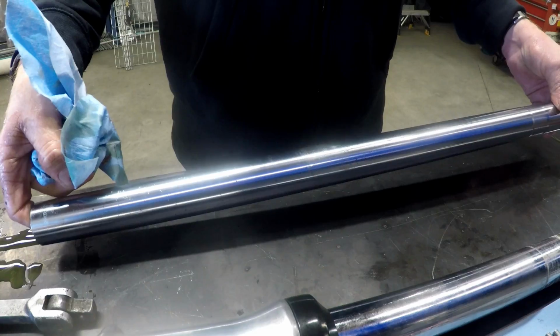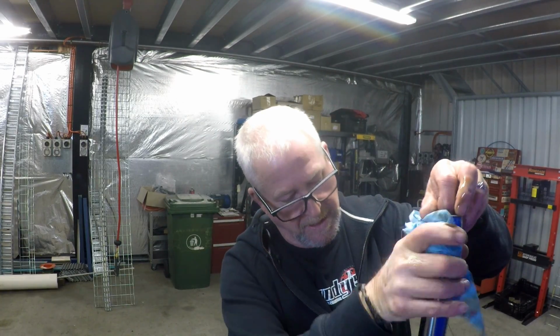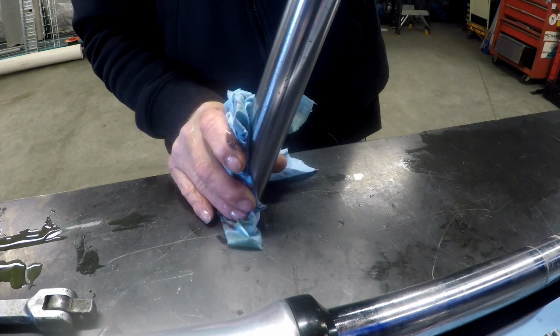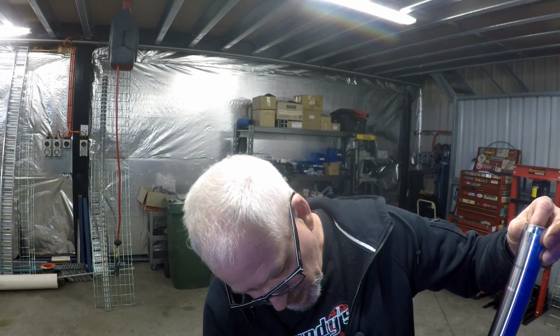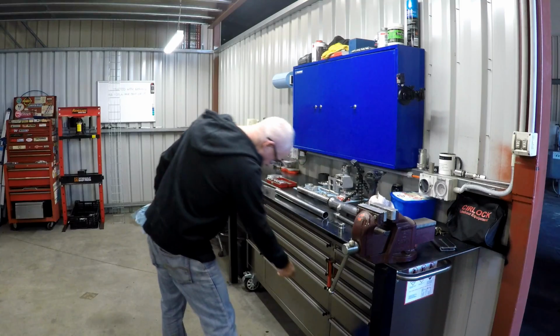Well, I want to have a better look at the stanchion tube. I can see that it's reasonably good. Where the seals run, it's okay. Above that, we've got some corrosion. That is usually caused by stone chips, rocks glancing off the chrome and chipping it. Then it gets a bit of moisture in there and it starts to flake. We can clean that up a bit, but what I'm most interested in is whether or not they're bent. We want to be sure that we haven't had any damage to the front of them. So to do that,